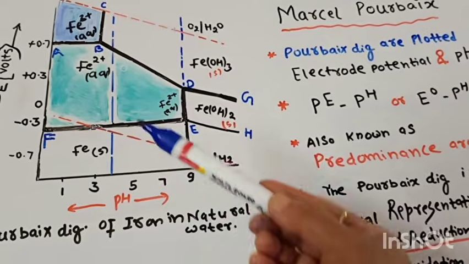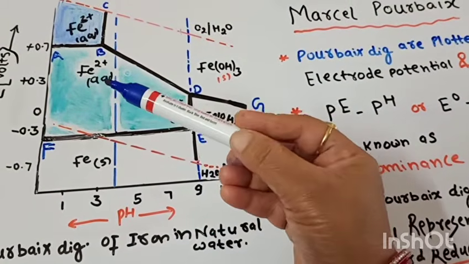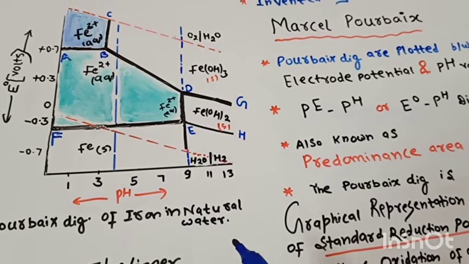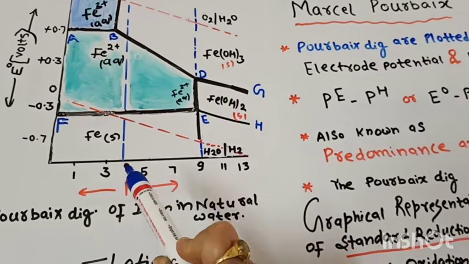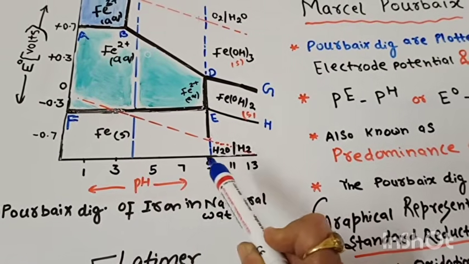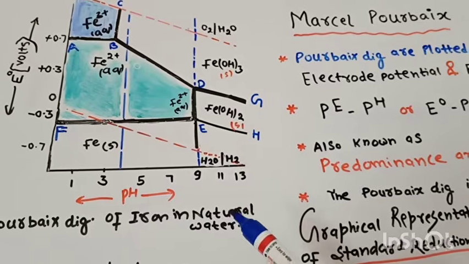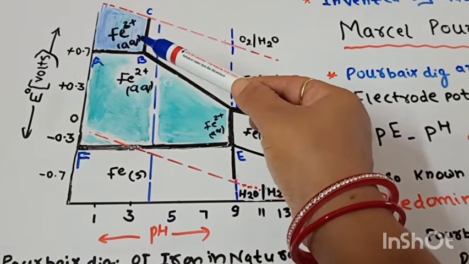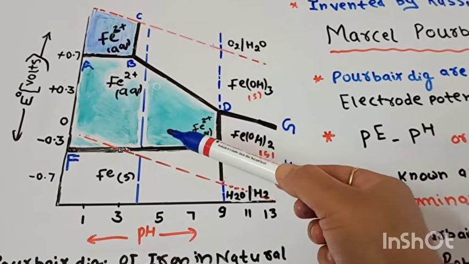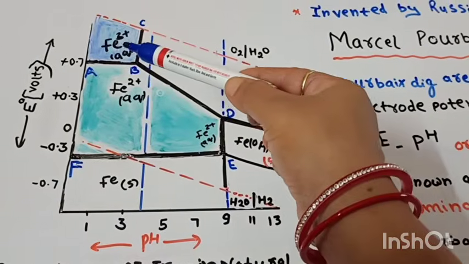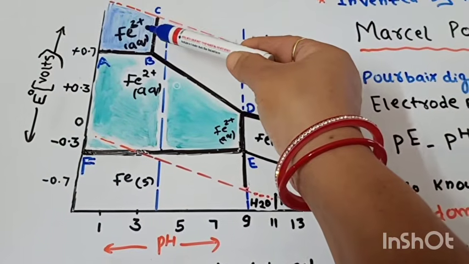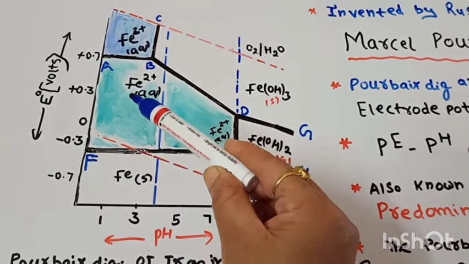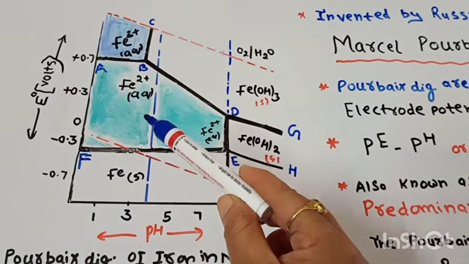And the other important thing is that various oxidation states of any element will be there. For example, this is the Pourbaix diagram of iron in natural water, and as we know, the pH of natural water lies between 4 and 9. So what are the changes taking place between ferric and ferrous? Here I have represented the ferric ions in blue color and the ferrous ions in a greenish shade. So you can easily understand this difference. We already know that for ferric, the higher oxidation state, we use the suffix IC, and for the lower oxidation state we use OUS, so ferrous will be used for the lower oxidation state.